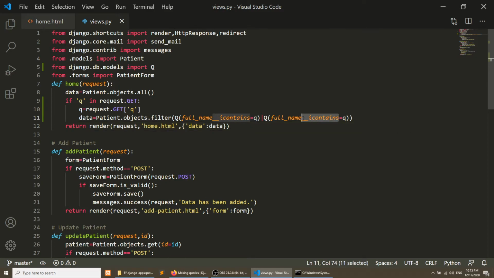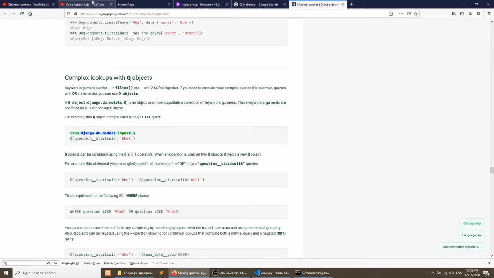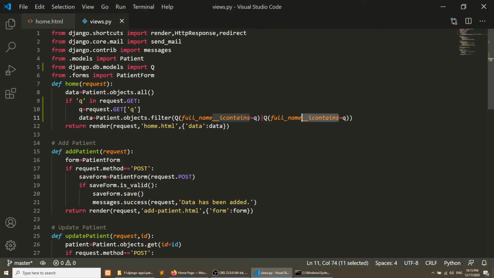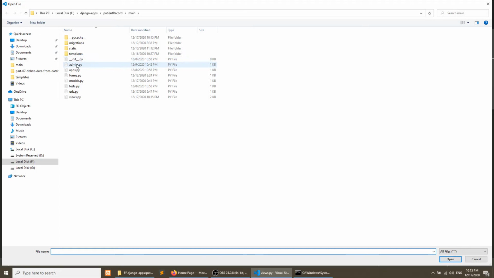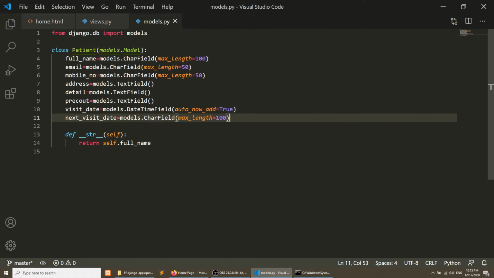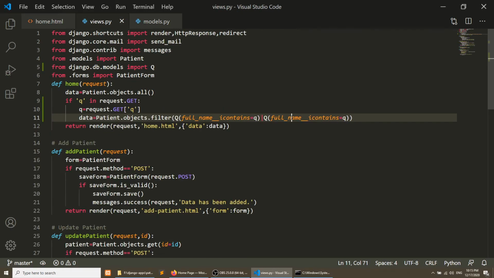If the mobile number, we will check this field in our models.py file. This will be mobile number, and this is the mobile number. So mobile number is q, or we also want to check email. I say contains, because if someone writes a partial mobile number, then it can also be searchable.